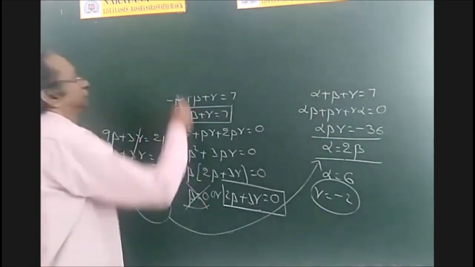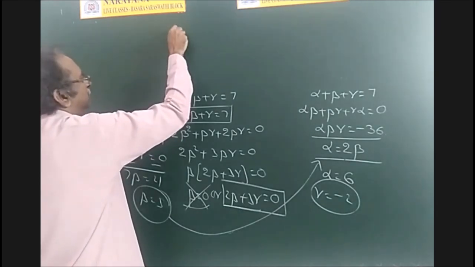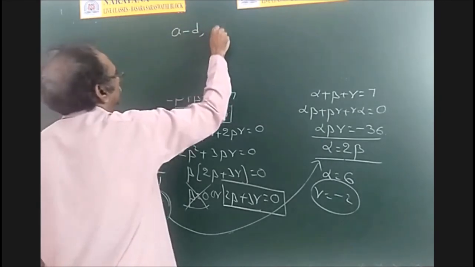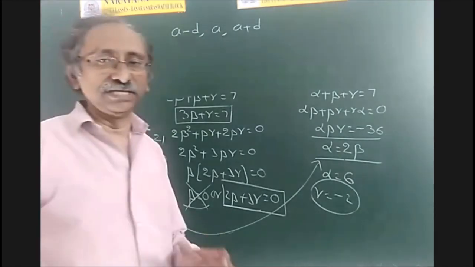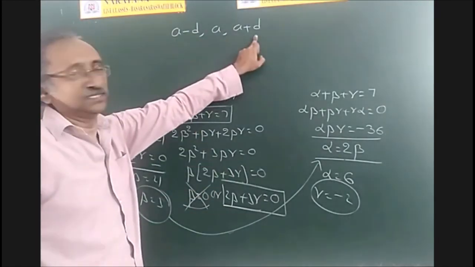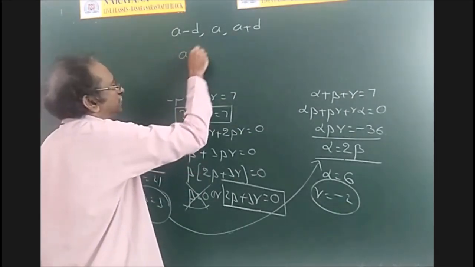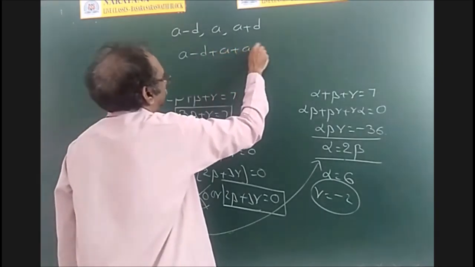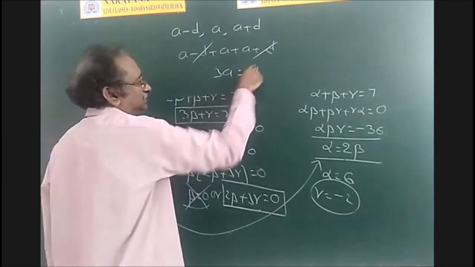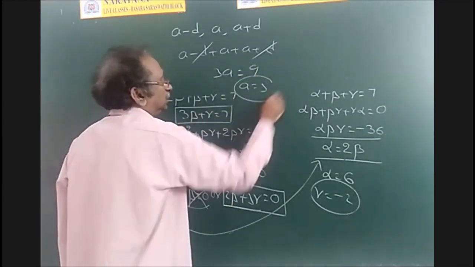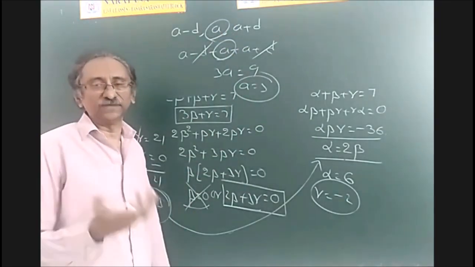Just I will write, suppose three roots are in AP is given, then write those numbers as A minus D, A, A plus D. Whenever three numbers are in AP is given, take those three numbers like this. Very useful, because if you add them, using the sum of the roots property, immediately D will be cancelled, 3A. So sum of the roots will be given like some 9, 12 like that. So A is equal to 3. A is a root of the equation. So you are getting one root. Then you can find the other roots like that.